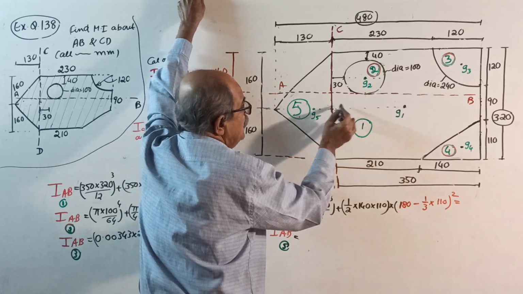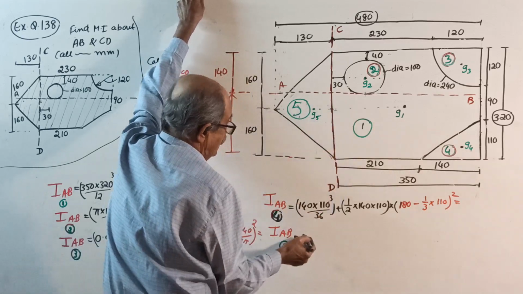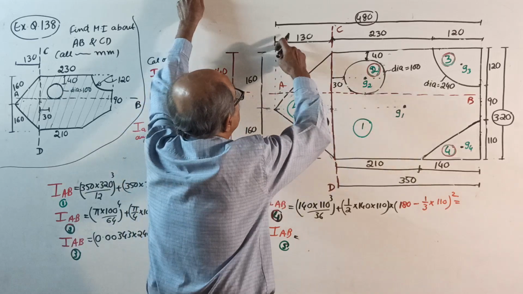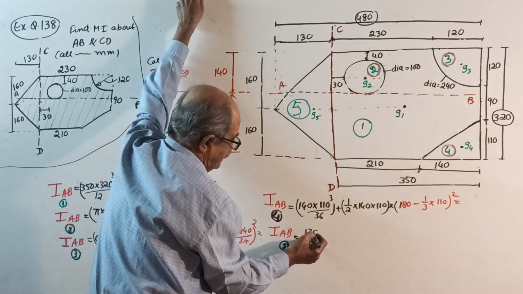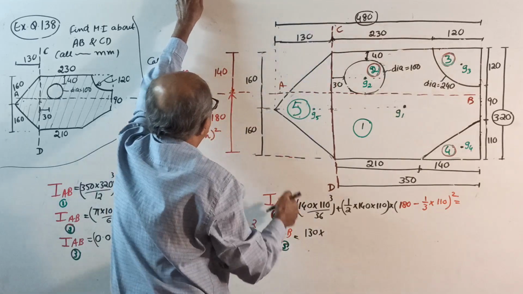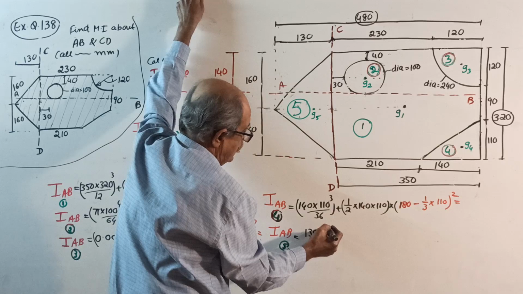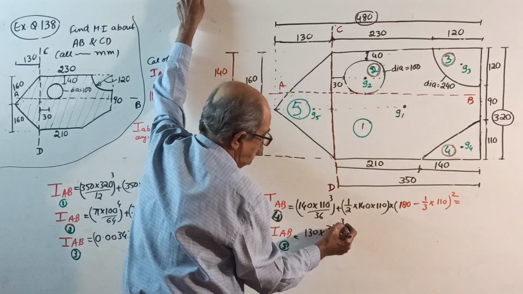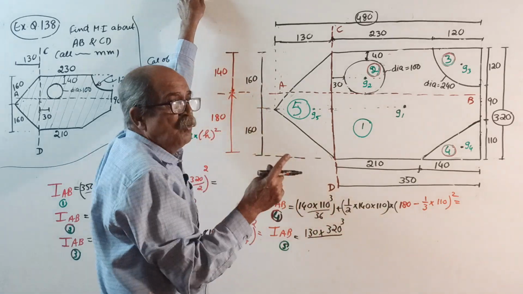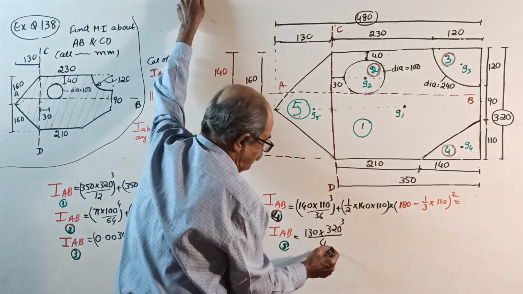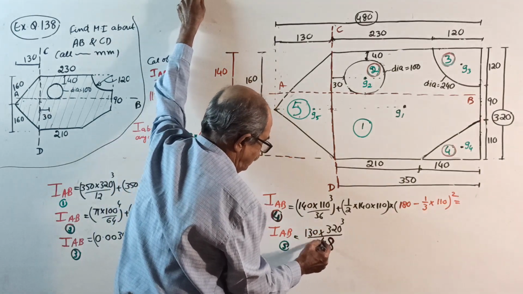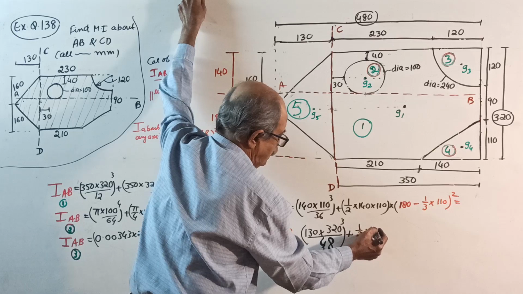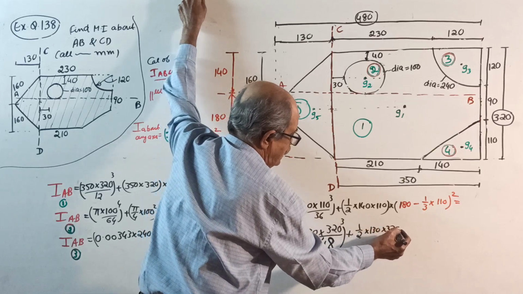I told so many times, when you want I about this axis, side parallel is 130 for the right, 130 into height perpendicular, total 320, because we are taking a single triangle. 320 cube divided by, as I told thousands of times, it is 48 times I told, plus area. Half into 130 into 320 is the area,